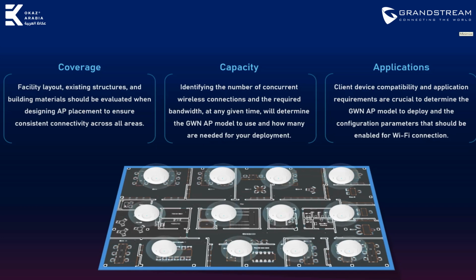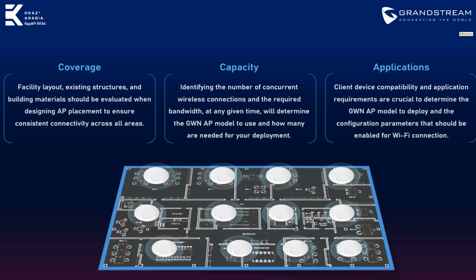Designing a high-performing wireless network involves conducting a wireless site survey. The goal of a site survey is to determine the optimal placement of access points and how many are needed for adequate wireless coverage. The facility layout, existing structures, and building materials must also be taken into consideration when designing